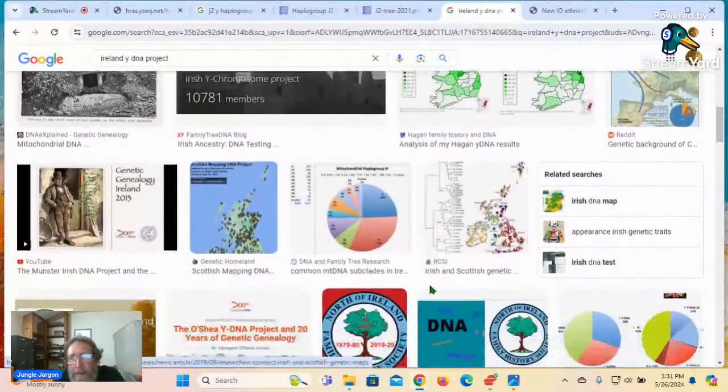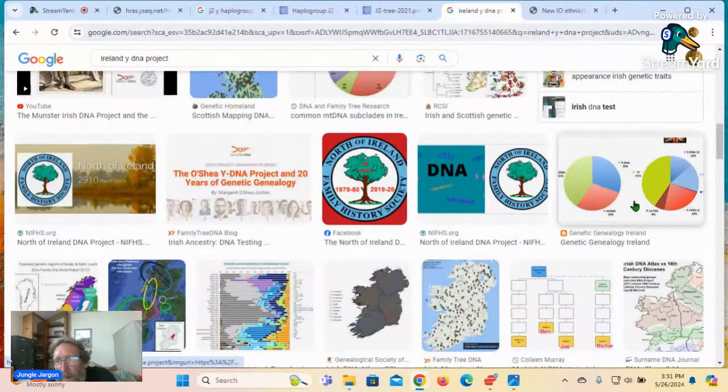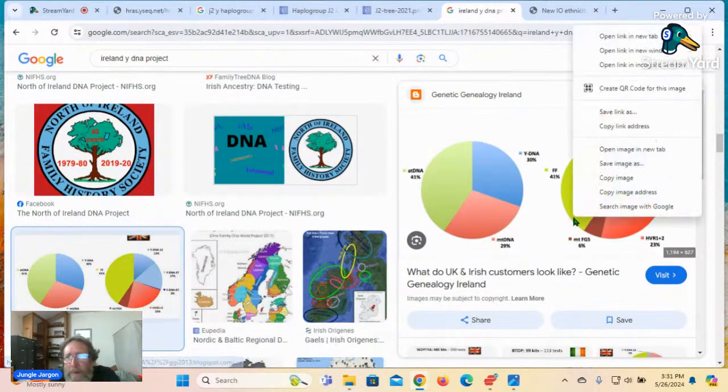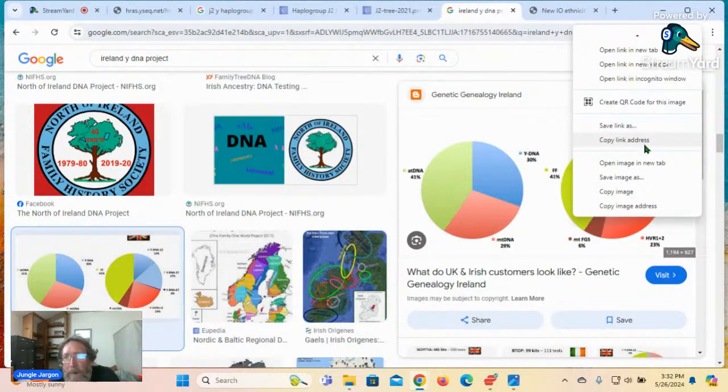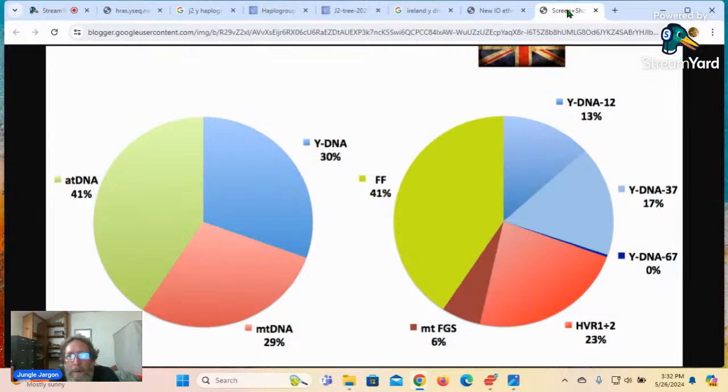Mitochondrial H. No, they can't get a Y chromosome. I don't know why they can't get a Y chromosome. What's this? Ireland. Okay, MTD. There we go. I found one. Let me open this up here. So, open image in new tab. There we go. Okay, we got Y,